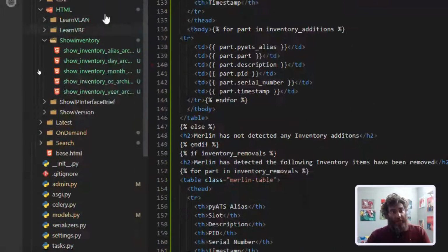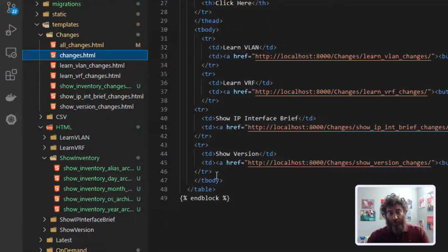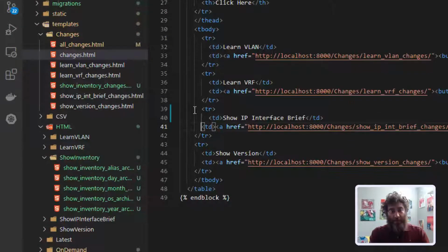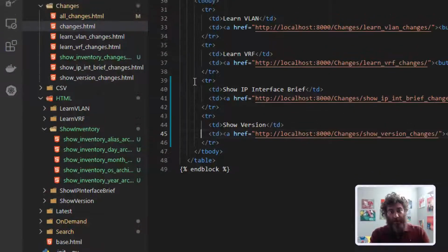And then I have to update the main changes page, all right, and add a new table row. I want to make some consistency here. That's better. All right, so then